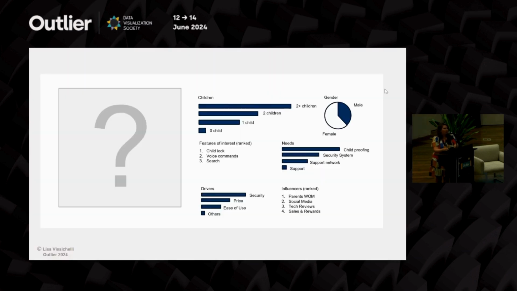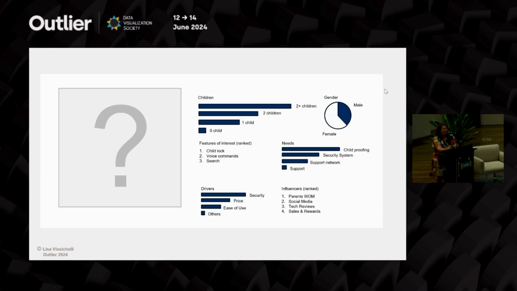Now, I'm showing you a profile that doesn't have a photo in it yet, but let's just look at the profile without a photo. This is a profile about a market research firm that was supporting a customer base that was trying to understand how customers look into streaming services, particularly parents. And so when we look at this data, you might see a few things stand out.